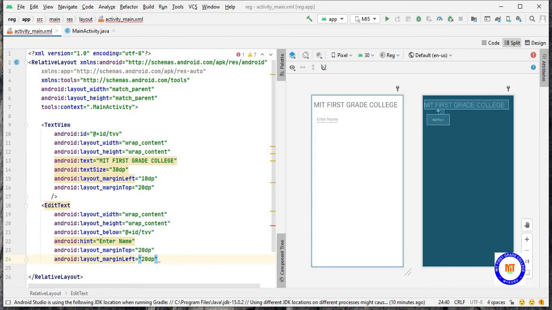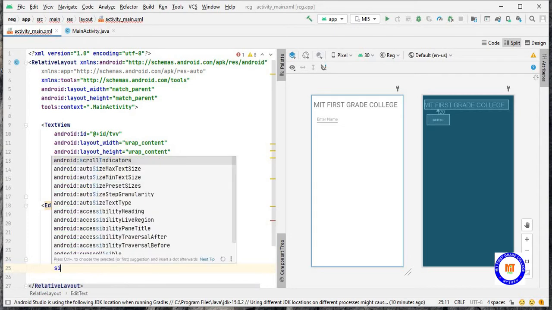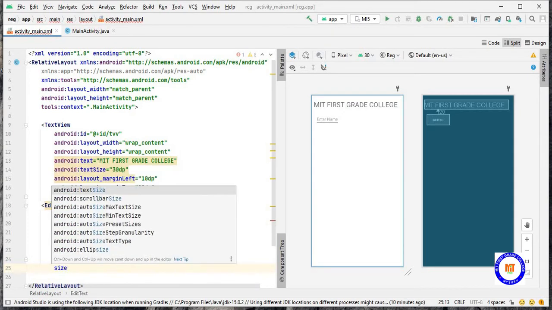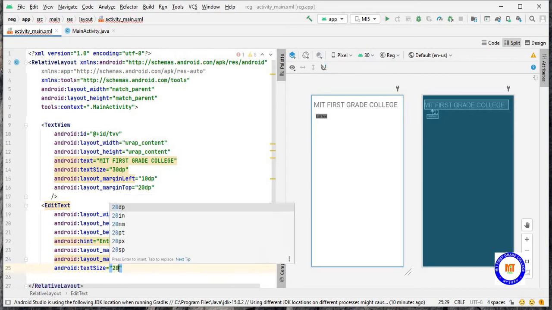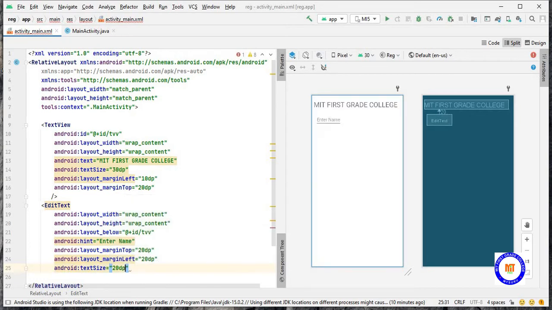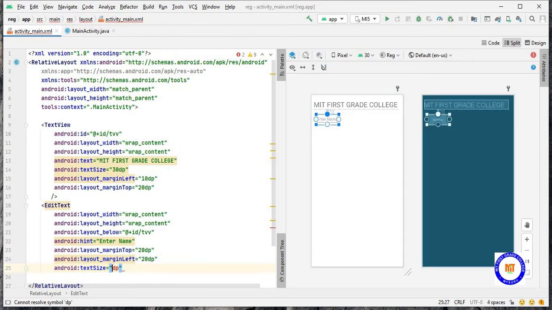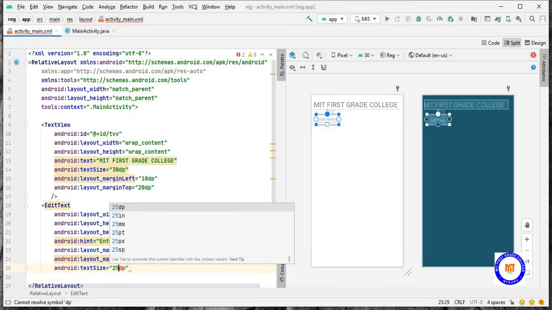So that is enough. I'll change the size, text size. Let this be 20 dp, or you can increase that. Let this be 25 dp.